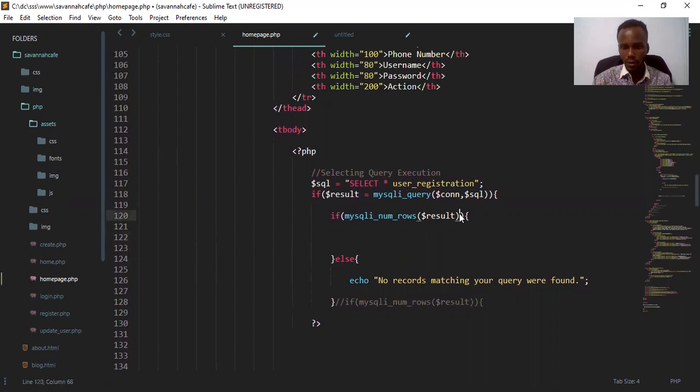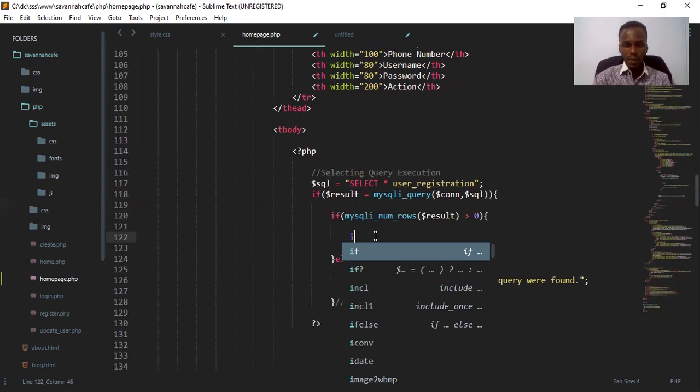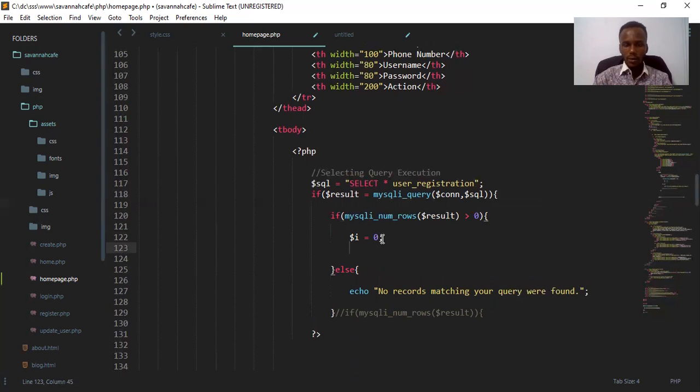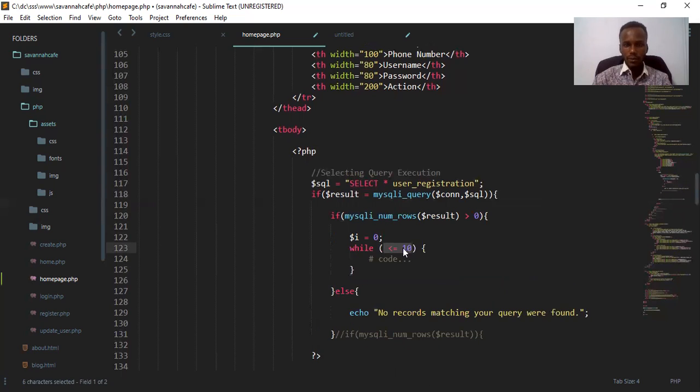We need to say greater than 0, because if it is greater than 0, it means it is there. All right, so we'll set a variable i, because we are going to loop it, and that means iterate it. We'll set i equal to 0,